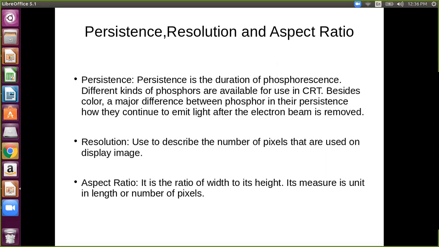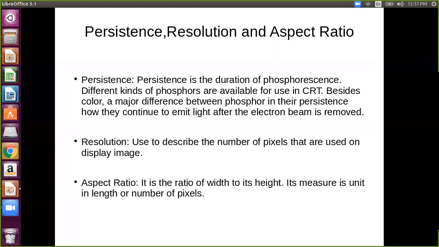The time for which the light or the pixel persists on the phosphorus is the persistence. That is how it continues to emit light after the electron beam is removed. It is the time the light or intensity remains there and is not off.